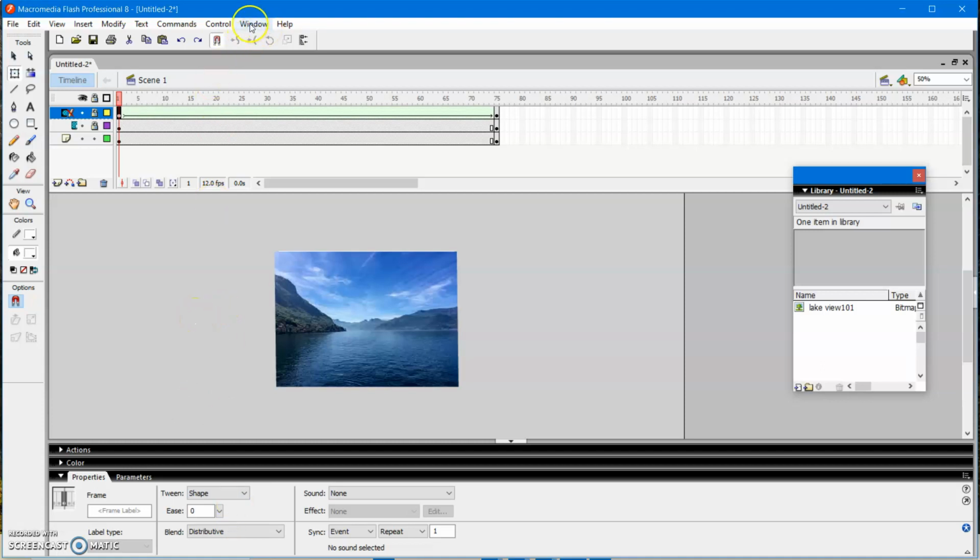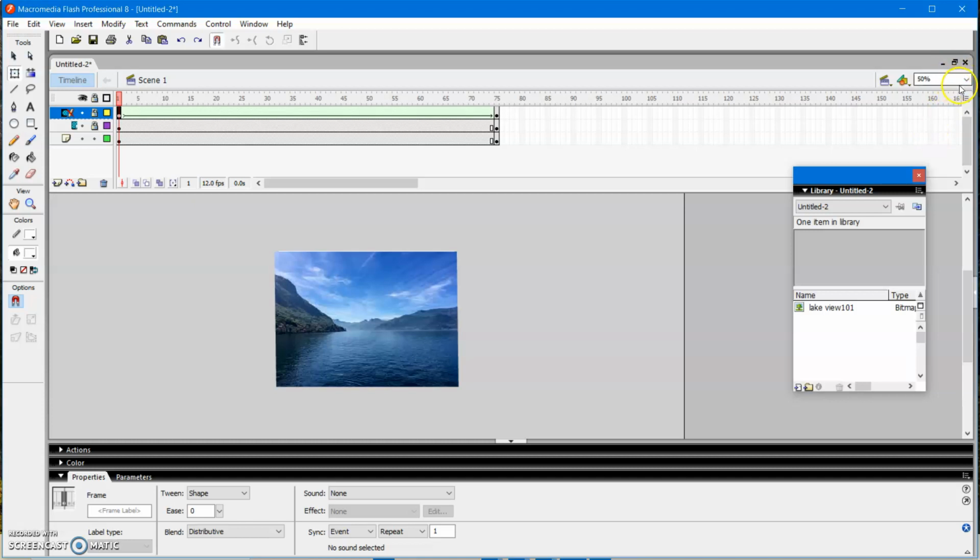Now everything is finished. So let me summarize once again. First you go to the first layer, import the image onto the stage, and make the size of the stage 50, because by default it will be 100.